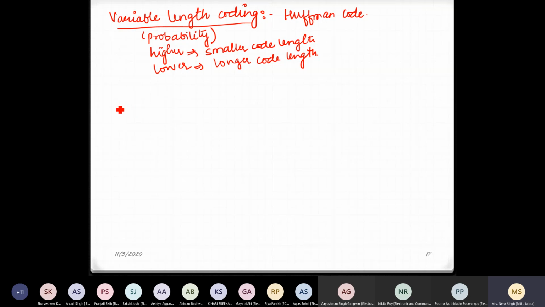Let us say I have 6 symbols, A, B, C, D, E and F. So each of these symbols has some probability of occurrence, right? Say A is 0.4, E is 0.2, B 0.15,